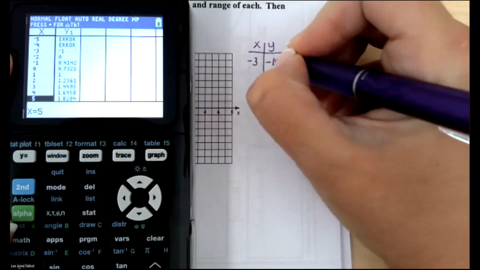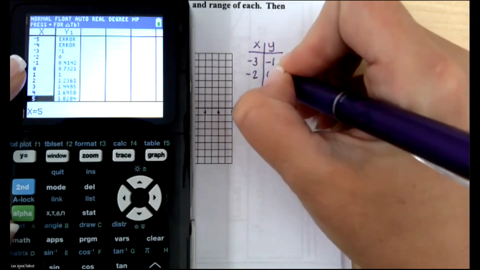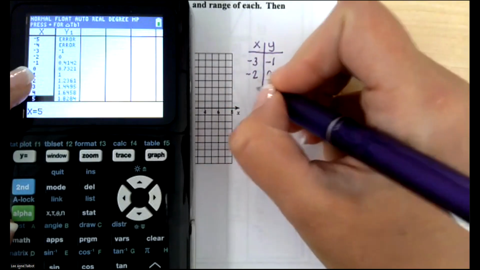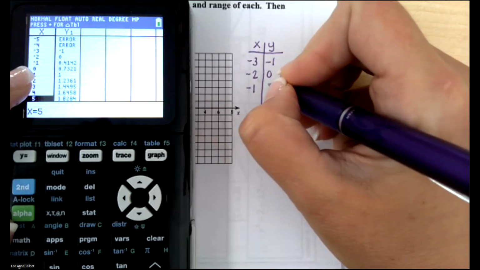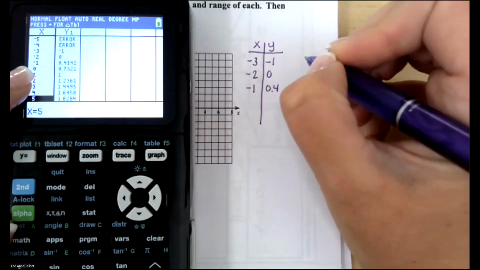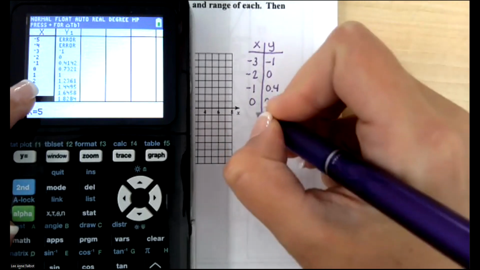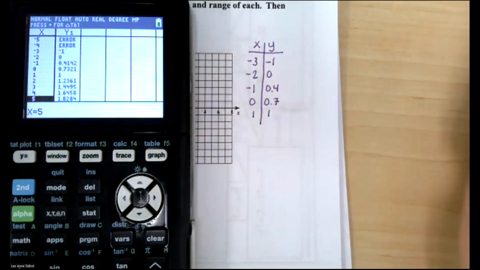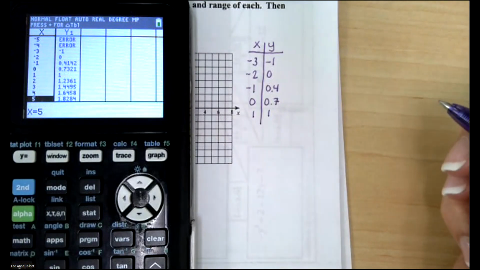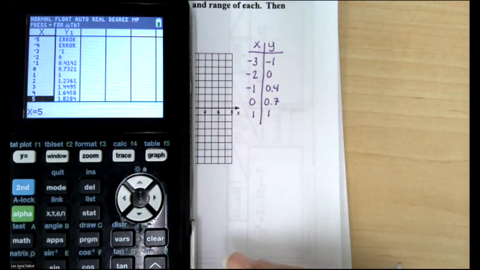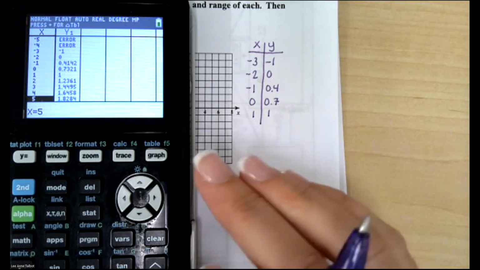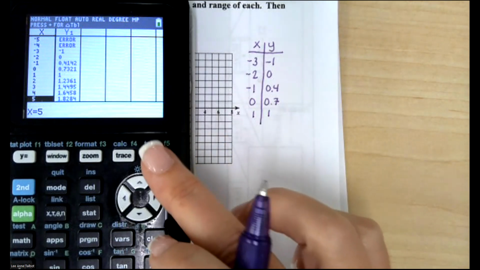-3, -1, -2, 0, -1, 0.4, 0, 0.7, 1, 1. And then once you're done writing your table down, you're going to hit the graph button so that when we graph the coordinates, we can make sure that it looks accurate,